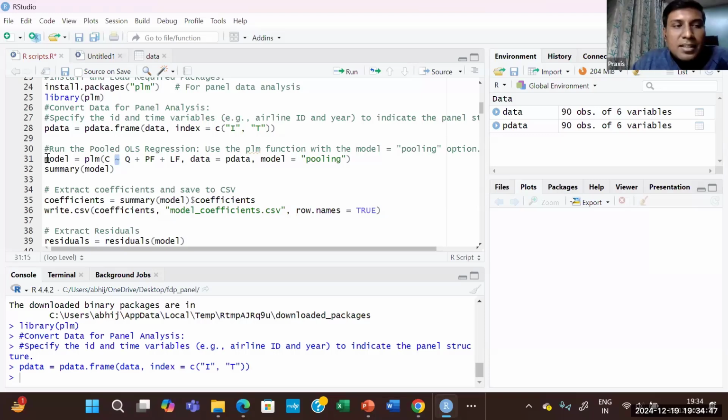I repeat, this is a name that you are free to choose. Any name you like, it is up to you. Nothing specific. Any name that you can give to the model. I am giving the name model. Model is equal to